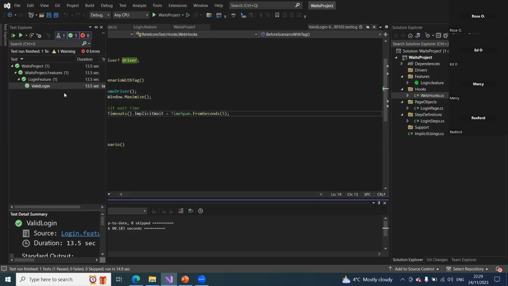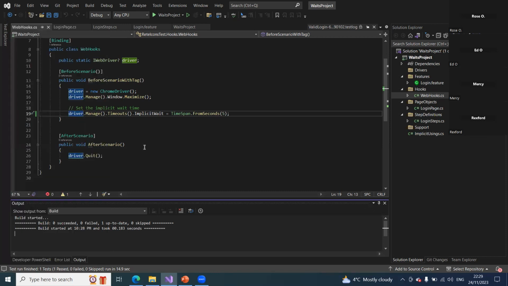Okay, so I haven't changed my locator. I haven't changed the element, but as soon as I put implicit wait in my code or in my test project, my test passes. So imagine if you as a QA or you as a developer, you don't know how to use this wait or you don't know that your code is failing due to wait, you might take days, you might take months to try to get just this block of code running,